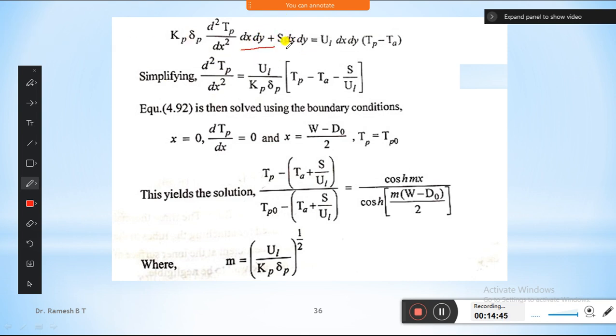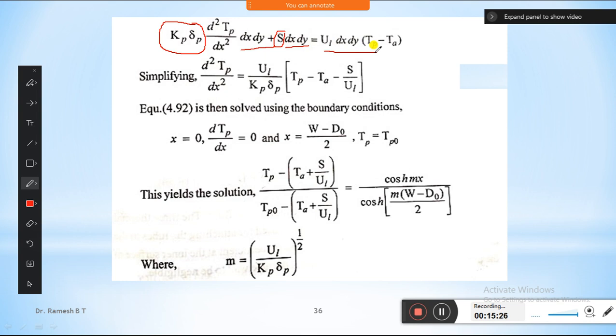And S, we already know, is the solar radiation flux, that much flux enters through the cover and reaches the absorber plate. So that is S, into dx dy for the small element. This is the radiation absorbed, and this is the net heat conducted for the element. Heat conducted is the thermal conductivity into thickness, plus S, the solar flux, that gives the overall heat loss from the element.